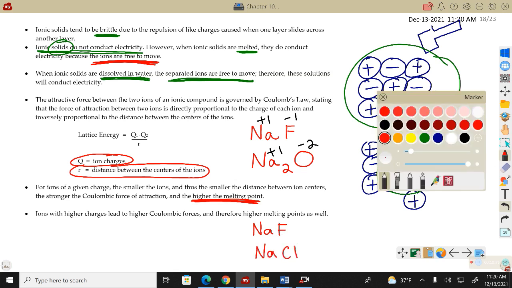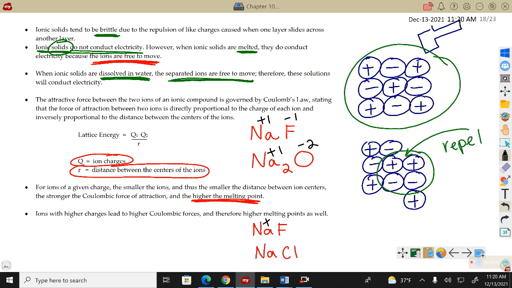And I look at the charges and I see, oh my gosh, they're the same. +1, -1, +1, -1. Then I look for the smaller ions. In this case, the smaller ion would be the fluorine. So these ions would pack a little more tightly together and would show stronger attraction, which now would lead to